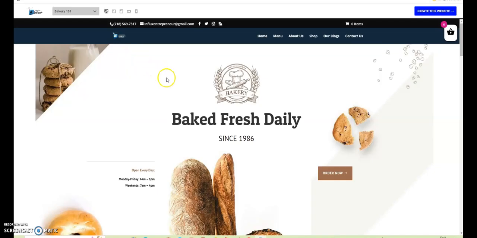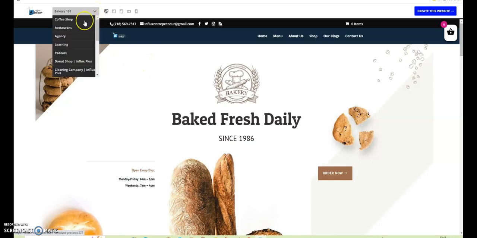The next step is choosing one of the pre-made themes, because you don't have to worry that you should have to pay for a theme or something. Everything is already set up. So you choose one of the themes on this drop down list here.